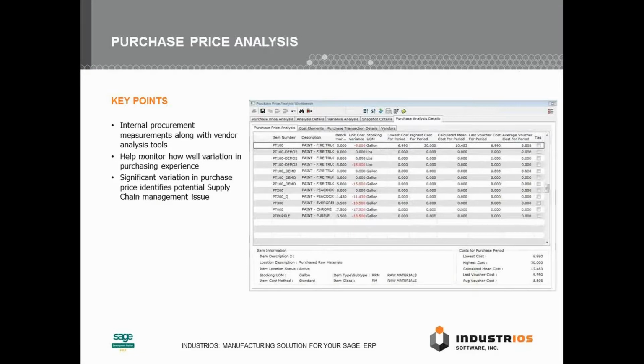The next analysis type that we'll flow into is now we're bridging the supply chain requirement of inventory from a quantity and a cost point of view. So sometimes supply chain decisions are driven based on dollars. You could have the onshore or the nearshore solution versus the offshore solution, and you want to put tools into the hands of your inventory or your procurement staff to be able to measure how you're doing in terms of